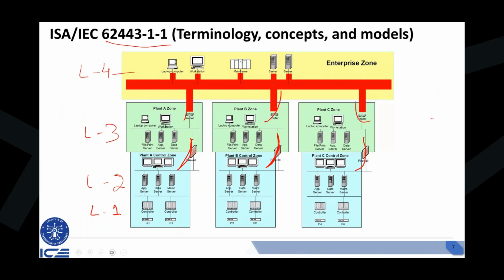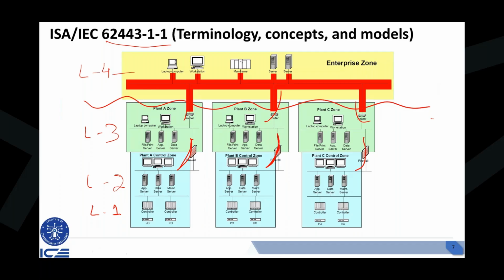So from a cybersecurity perspective, zoning and conduits are extremely important, and not just from a 62443 learning perspective, but also from the concept of cybersecurity. Because when you talk about OT security, the very first thing I recommend needs to be done is zoning, segregation, because that is the first line of defense, for instance, between IT and OT. If you don't have any kind of segregation between the two, then you're exposing your OT systems to the threats